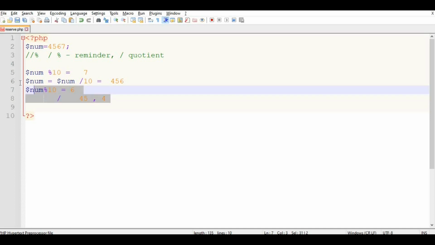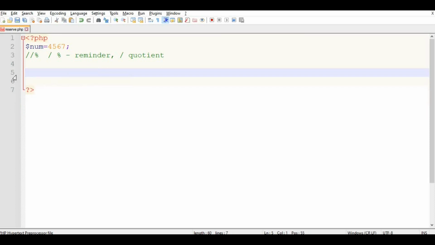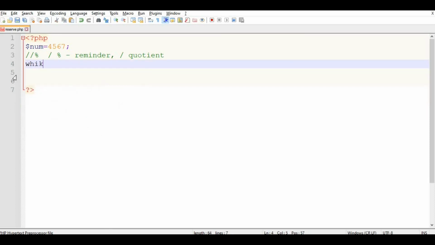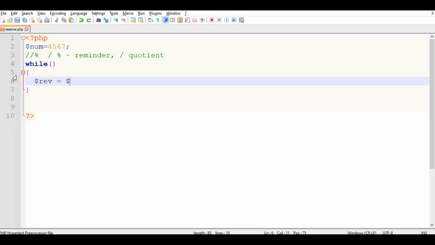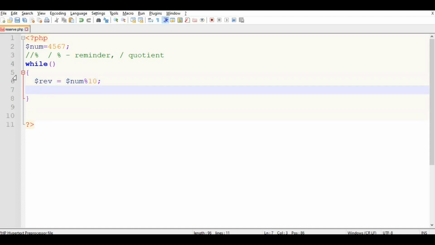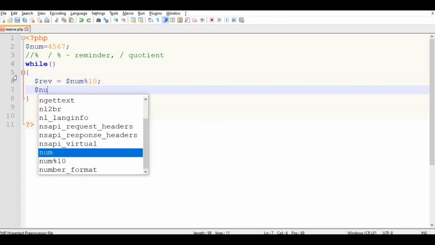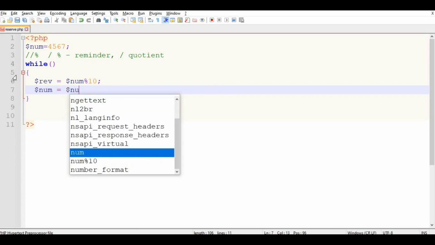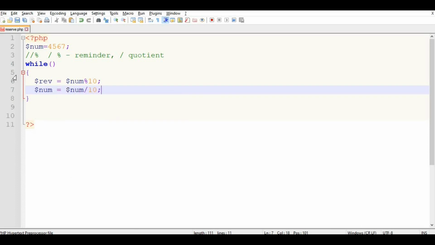So we can consider a loop here and build such logic. First we get the remainder by applying the mod operator, then we divide the number itself by 10 and get the quotient.